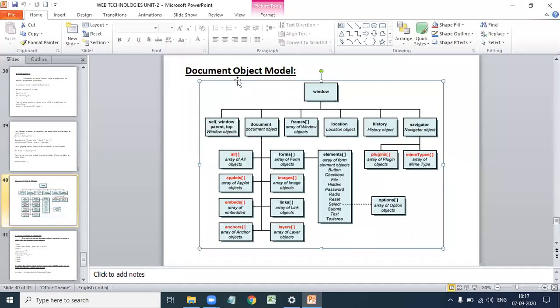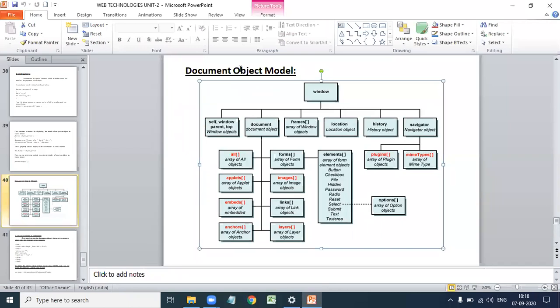By using the document object model, JavaScript can change, create, remove or add HTML elements. JavaScript can change the elements in the HTML. JavaScript can create new elements in the HTML. JavaScript can remove elements in the HTML. So by using the document object model, JavaScript accesses the HTML elements.